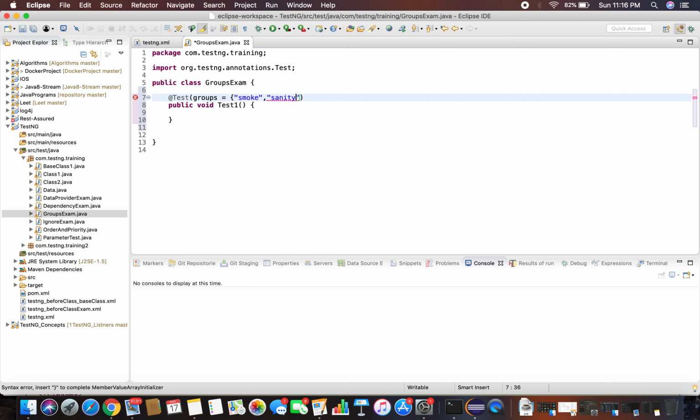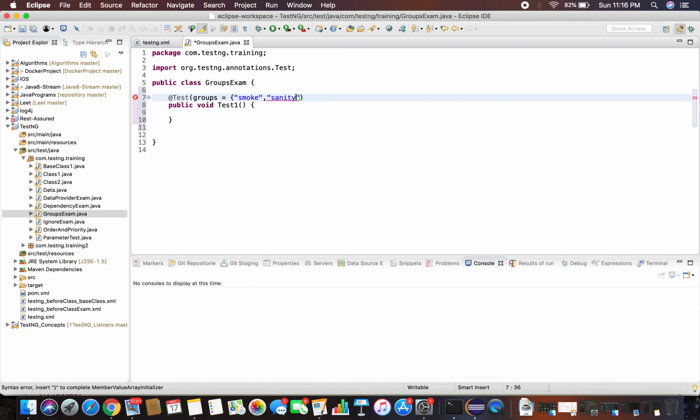Okay, this is how you would be marking your test cases or partitioning the tests using the groups. This is the syntax, and you need to add this to every test case that you have in the suite to categorize them. Here I have added a few cases, and let me copy paste this one. See, I have a total of 6 test cases. I'm going to partition them into three suites, smoke, sanity and regression.